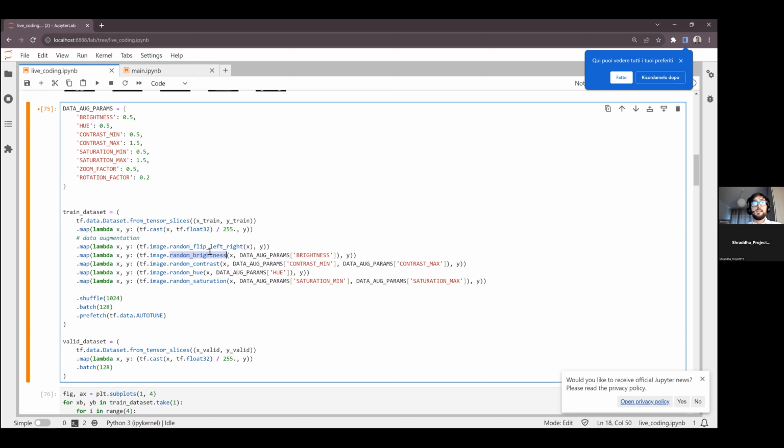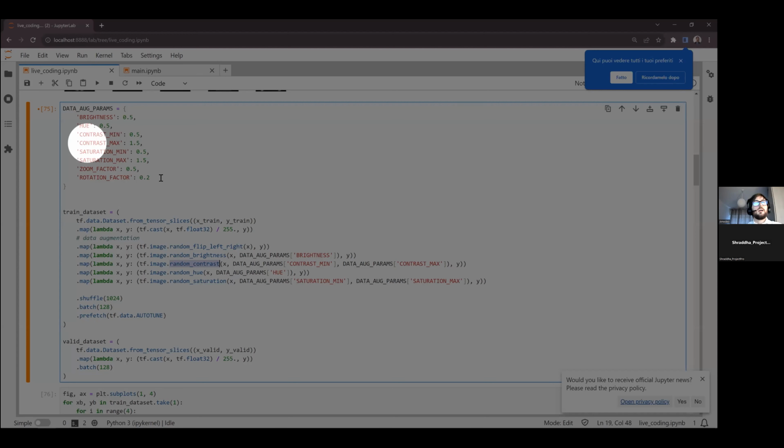Then we can change the brightness of the image, and we can define how much we want to do that. We can try to tune it a bit. Then the contrast, the hue, and the saturation of the image, again defining how much we want to change them. I defined these values by trial and error, a bit of experience,